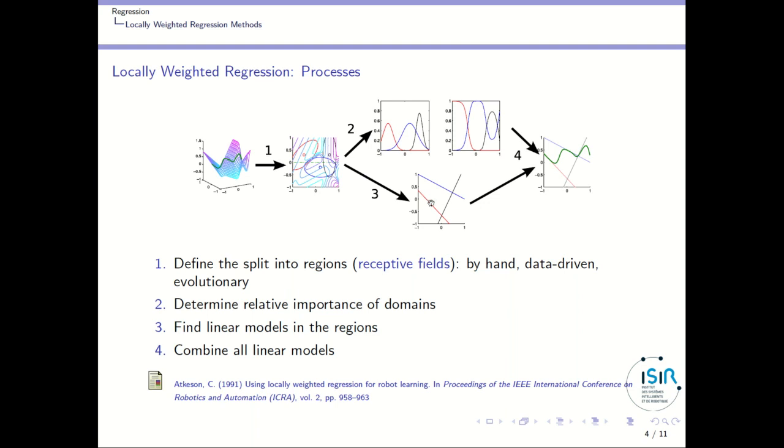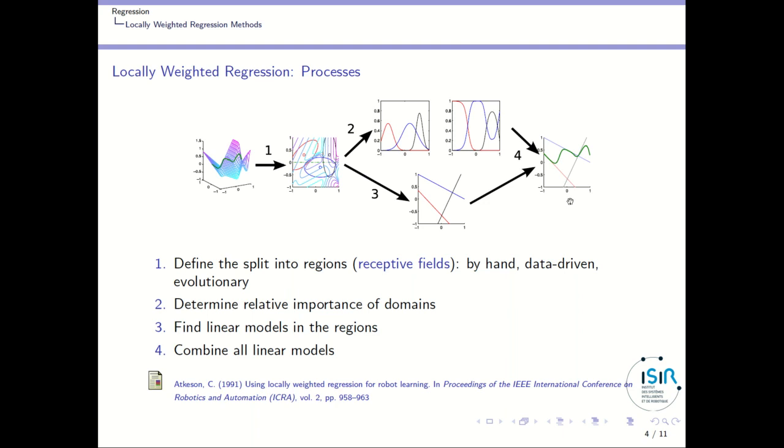Then I'm moving from the red line to the blue line because the importance is moving from the red domain to the blue domain. So I'm moving here, and then I am following the model of the blue domain, and finally I am going from the model of the blue domain to the black domain with some combination, as you can see here. What's interesting is that the green line you get here closely corresponds to the green line you get here. So this is a good nonlinear approximation of the nonlinear function that you have here. Okay, so that's the general idea.